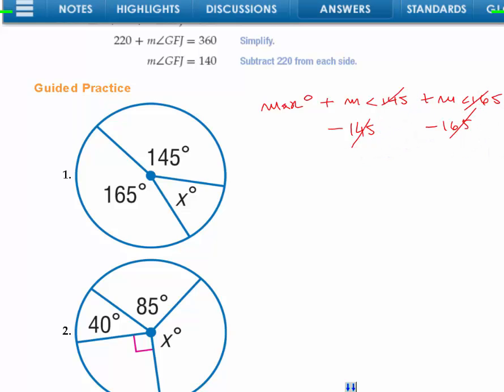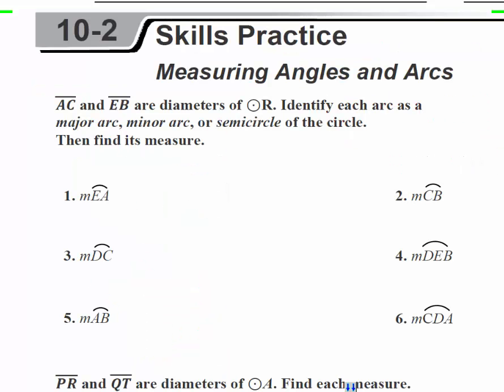This 2 goes away, this 2 goes away, and the measure of angle x is going to be what I have left here. That means 360 minus 145 minus 165 is going to be 50 degrees. Now, as an example, if we go to our workbook, skill practice for measuring angles and arcs, we can solve some of